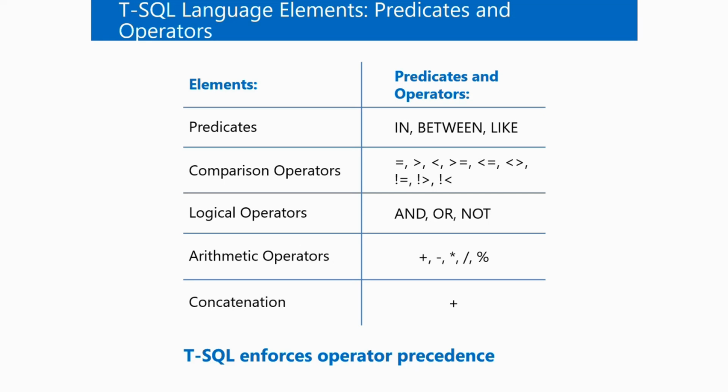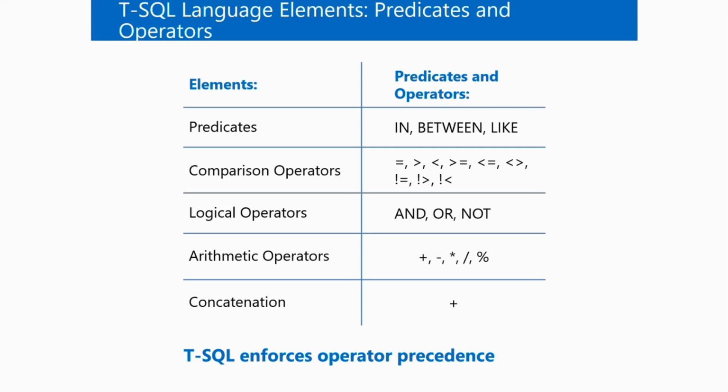AND means that if you have different conditions, like for example, I want to fetch all those records where the price is between, say, 100 and 1000. Now, in that case, I need to ensure that the price is greater than 100 and at the same time it is less than 1000. So my conditions will be price greater than 100 and price less than 1000. So AND ensures that both these conditions are true for a particular record, and only then that record will be